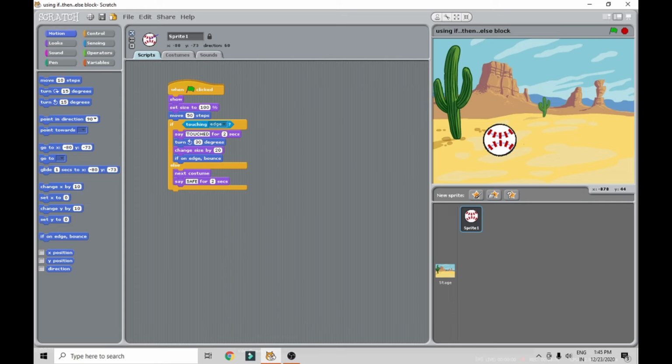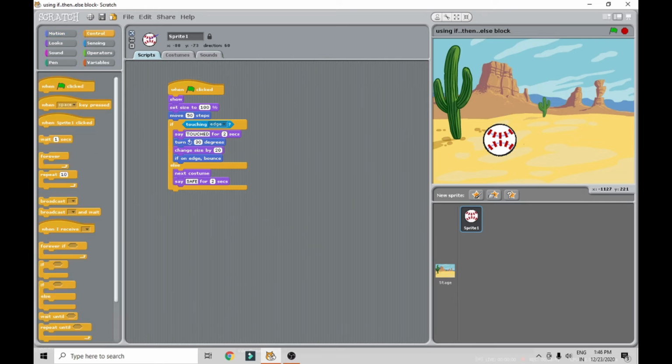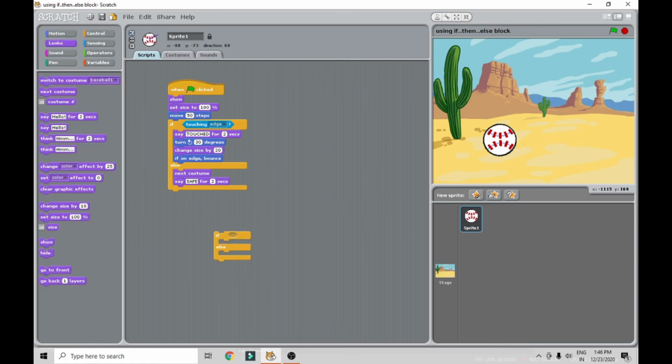Now see here, where we will go: again control, then show, then set size, how much size you want, you can set it to 100% and so on, and if then else again we will get here. See here, you just go on adding the code over here: motion, looks, sound, sensing and control.